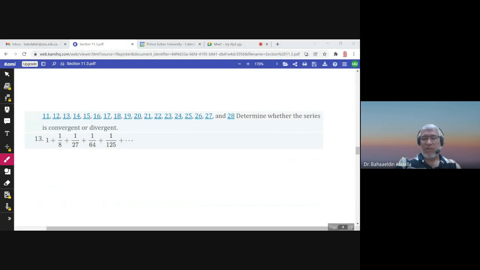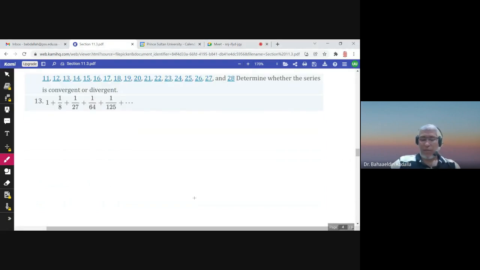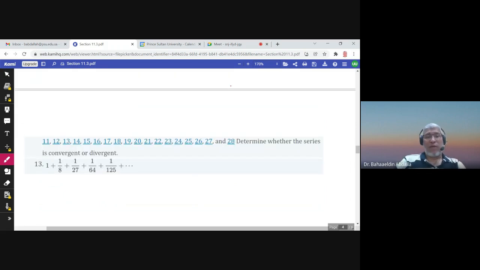Let us solve some exercises about the integral test, section 11.3. We said that if the function is continuous, positive, decreasing on the interval from 1 to infinity, then if the improper integral of this function f of x from 1 to infinity is convergent, then the series is convergent. If it is divergent, then the series is divergent. And also we have seen